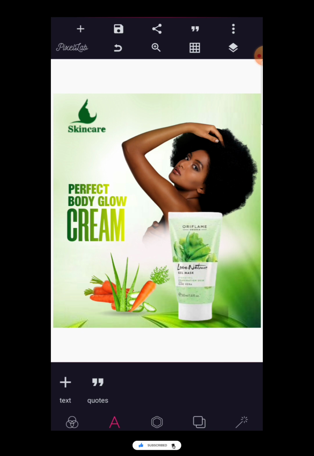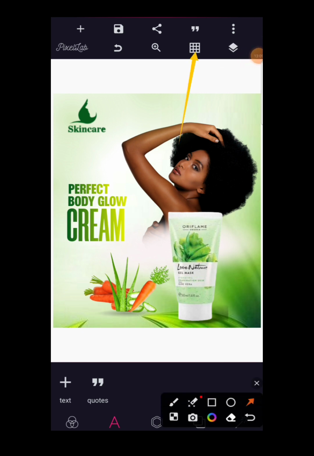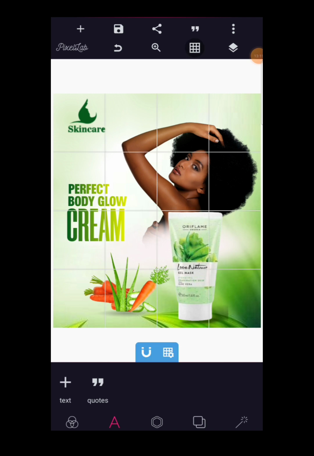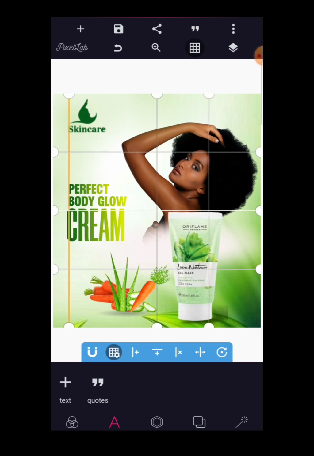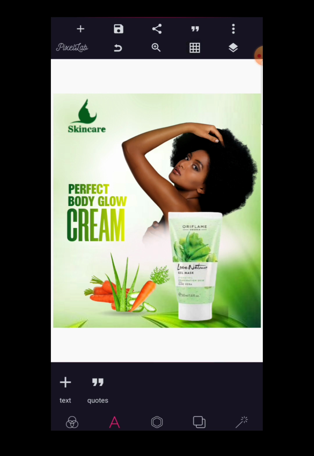Great. Now you can enable your grid to check if everything is plumbed up from the logo. So we are going to enable our grid, and good, everything is in place, everything is in order. As you can see, everything is just so fine and okay. So this is how you can design this perfect body glow cream on your Pixellab application for a skincare art